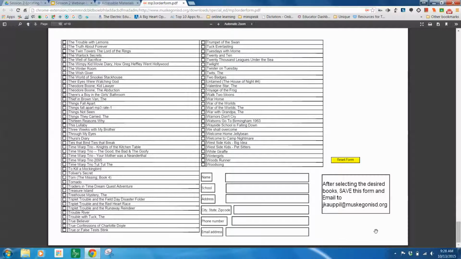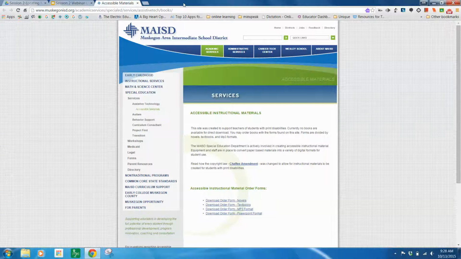There's my email address. This form is the same for all of the other categories of the books. We're finding that possibly as we get more people interested in Bookshare, that this may not be of value. However, it's still here, and we have a number of human recorded books in this area. Going back to